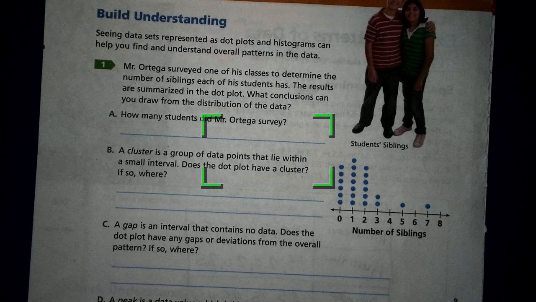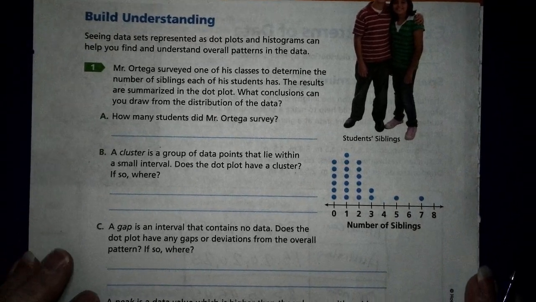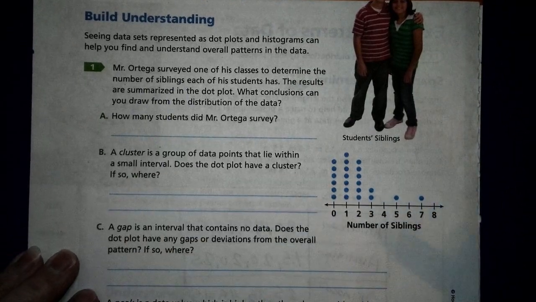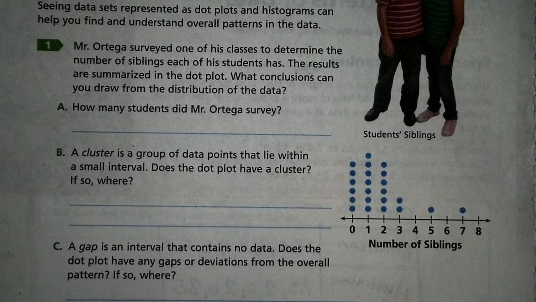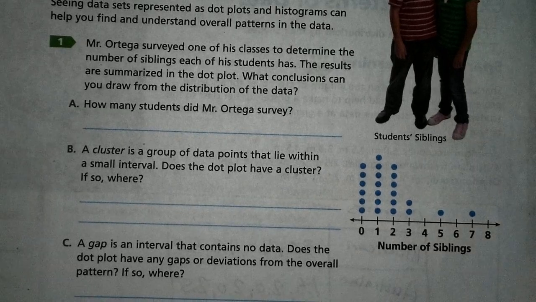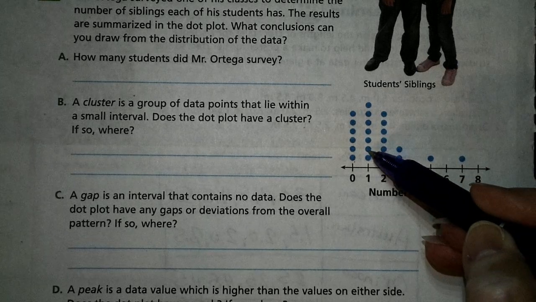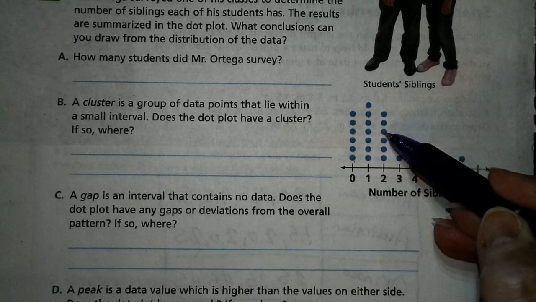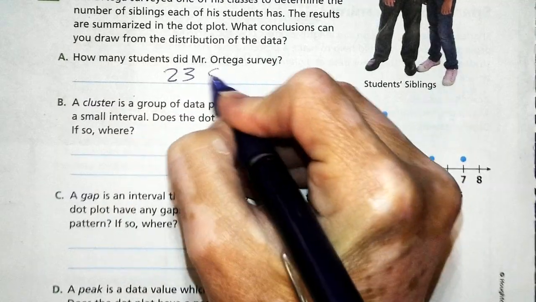Seeing data sets represented as dot plots and histograms can help you find and understand overall patterns in the data. Mr. Ortega surveyed one of his classes to determine the number of siblings each of these students has. The results are summarized in the dot plot. What conclusions can you draw from the distribution of the data? How many students did Mr. Ortega survey? So we need to count them, right? 1, 2, 3, 4, 5, 6, 7, 8, 9, 10, 11, 12, 13, 14, 15, 16, 17, 18, 19, 20, 21, 22, 23. So 23